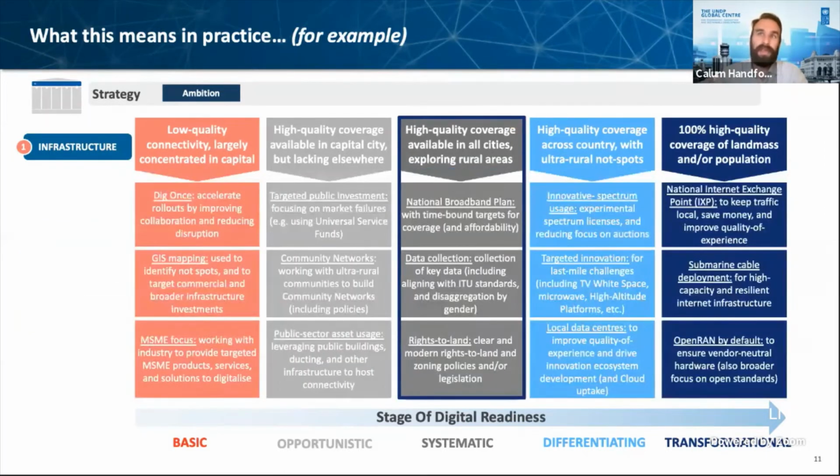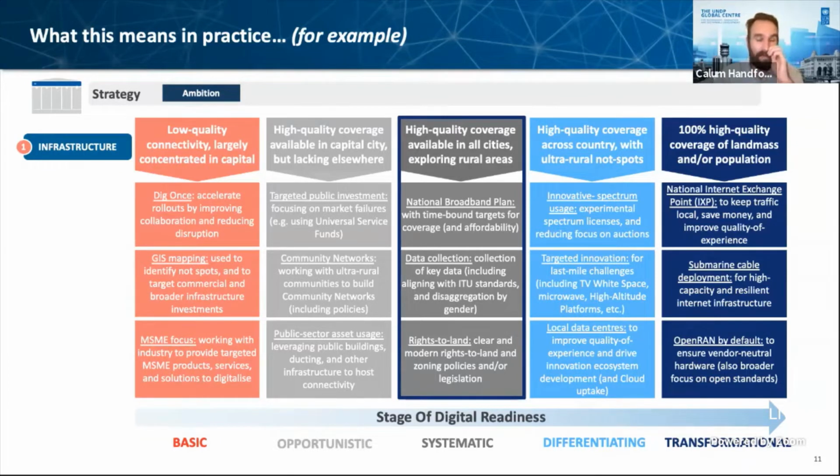So for example, you can see here, this is a number of interventions that we have around the policy area of connectivity. For a country that is scoring as a systematic country, it may want to look at a national broadband plan to set very time-bound and defined targets to accelerate coverage and connectivity rollouts. We can look at data collection efforts to make sure that we can collect data on marginalized groups, particularly women and others in society who may not always have equal access to connectivity.